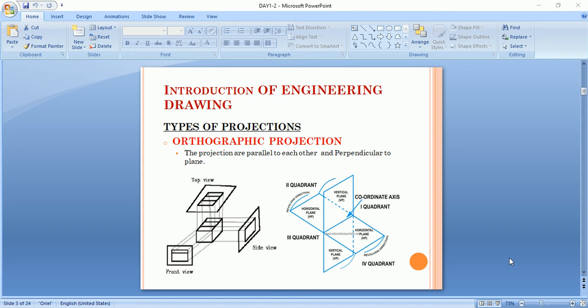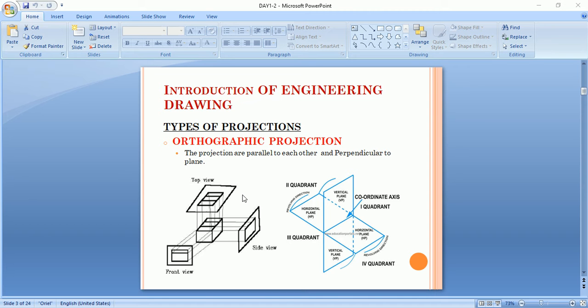Now before going to the application part, let us first discuss some fundamentals related to AutoCAD. On a wide basis, AutoCAD in industries is used to prepare drawings for components and assemblies which are to be manufactured. And in this particular reference, when we have to create a drawing, we have to be well aware of the different kinds of projection standards followed in drawings.